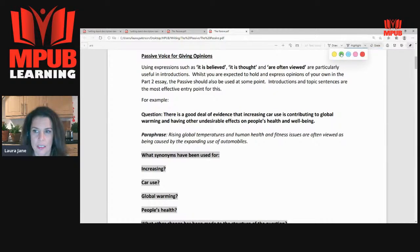Examiners like these a lot because they are formal and they are academic. And as I said before, they are giving opinions, but they're not just giving your opinions. It's talking about groups of people. So here we've got 3 useful expressions. First one, it is believed. Second, it is thought. And the third,